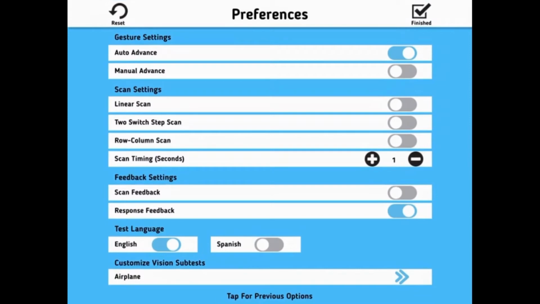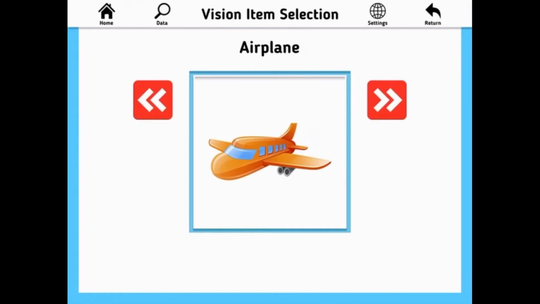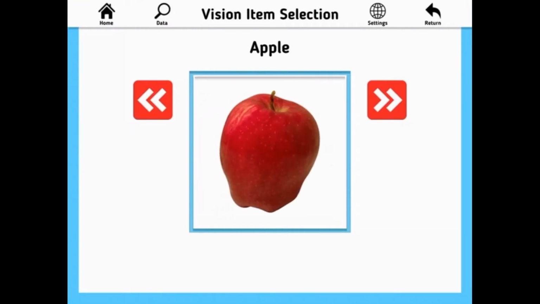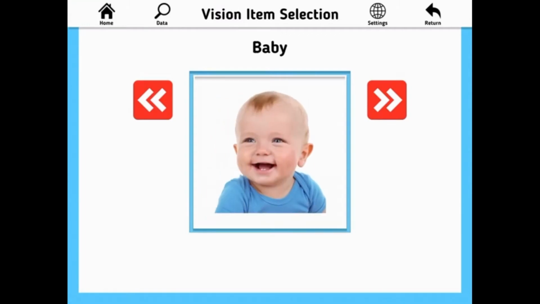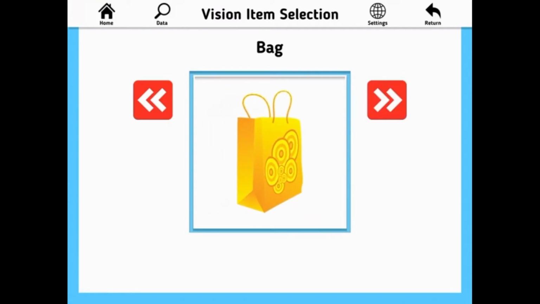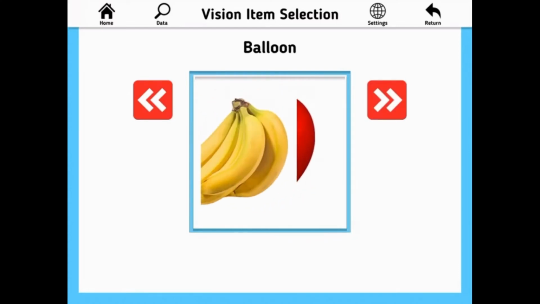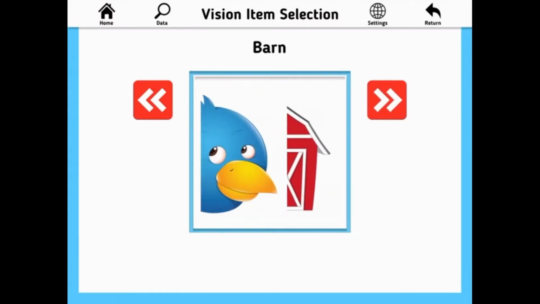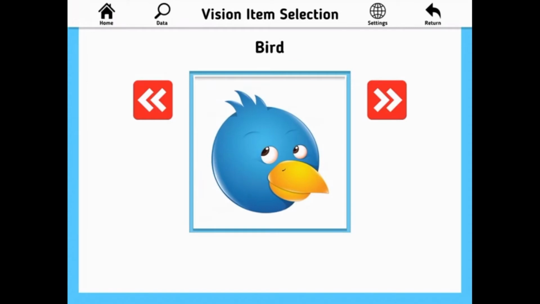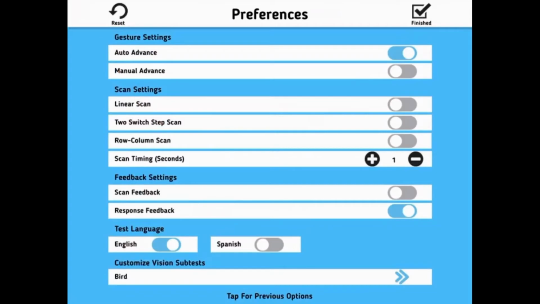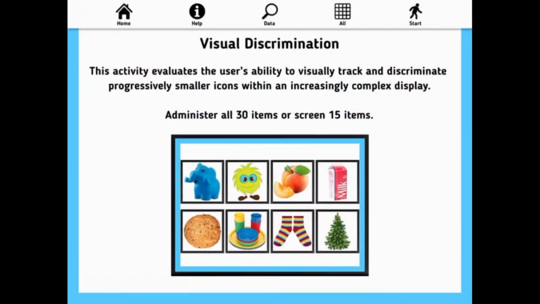You can see you've got a lot of scanning options for scanning users. You also have choices in languages. I'm going to choose English, of course. You also have a choice of the object the student will be identifying in different setups. So this is a nice option because if a student has a preferred object, or if you want to test an object that is primarily red or blue, to see if they can distinguish between that object better than others, which is definitely a concern, then we can do that. I'm going to choose a blue bird, plus it's a kind of Angry Birds looking bird, something familiar to the kids. I'm going to go back, start the recording with our new student,